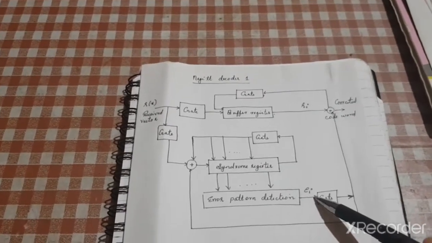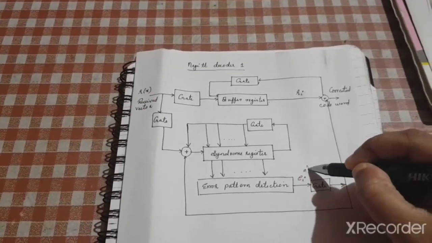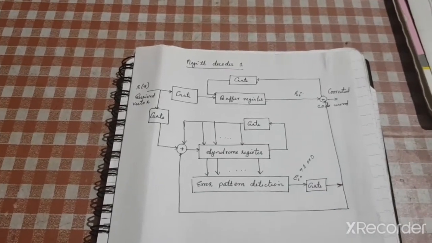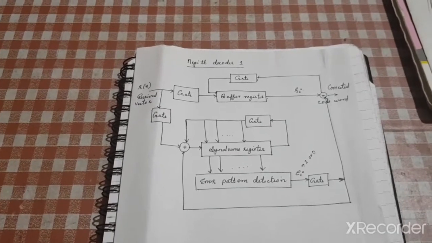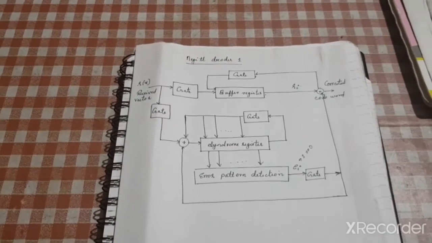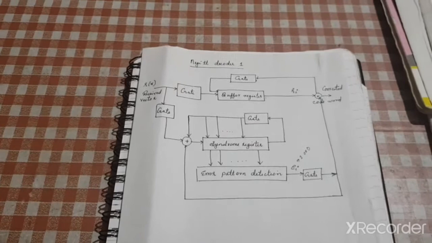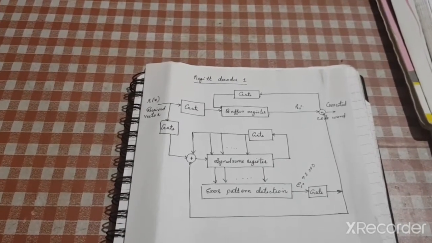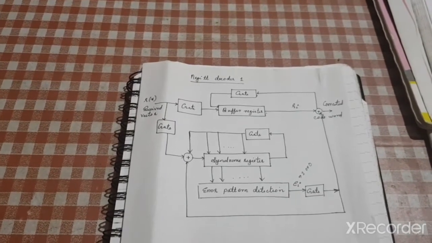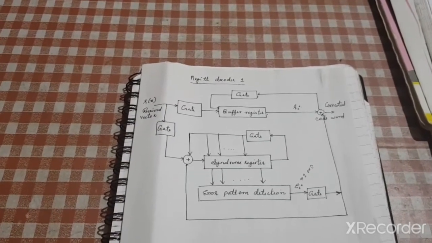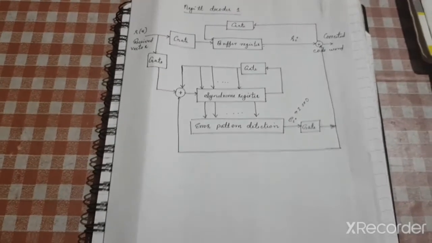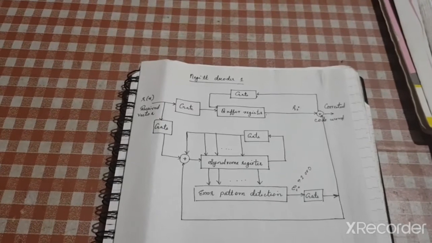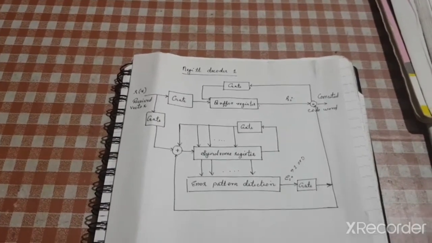So here your E_i can be either a 1 or a 0, depending on whether you have an error or not. We normally know that if the received code vector is the same as the transmitted code vector, the syndrome will be 0. In the other case, you can expect the syndrome to be something else, and from that syndrome we have to obtain the error pattern.